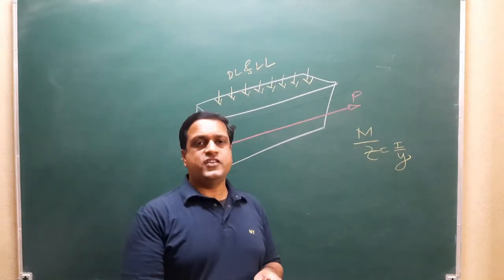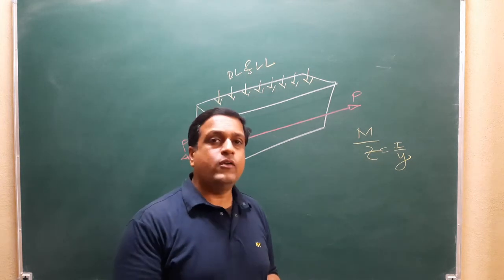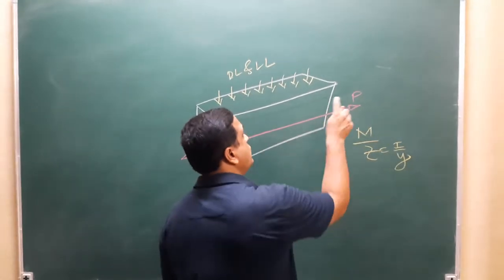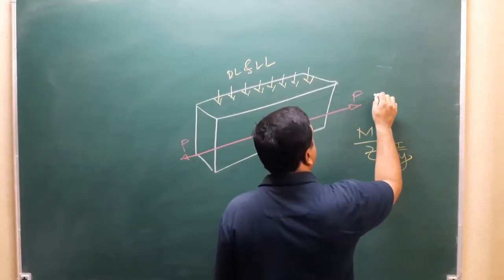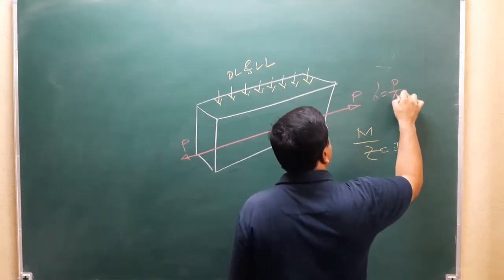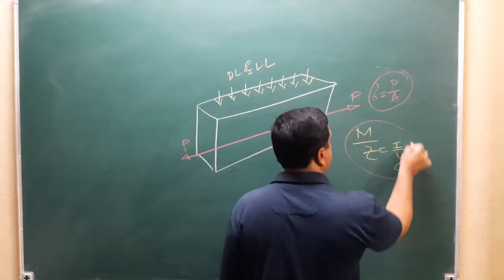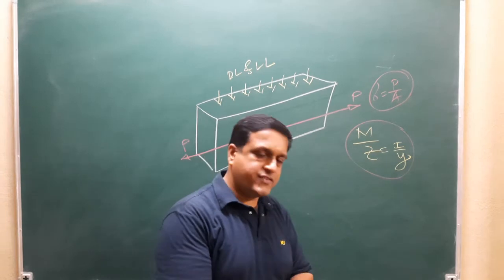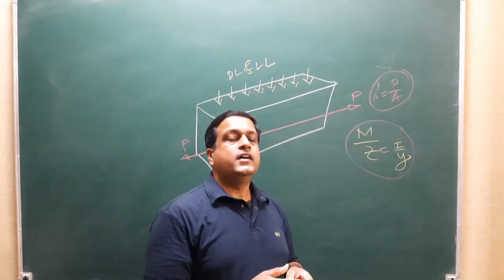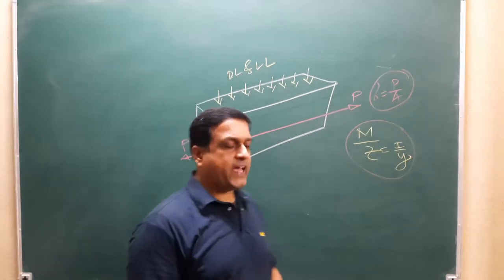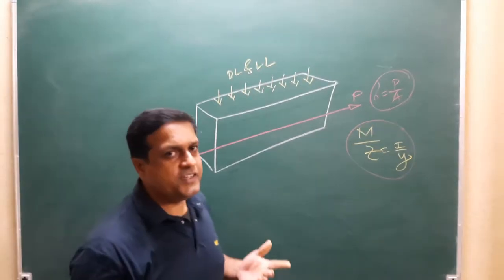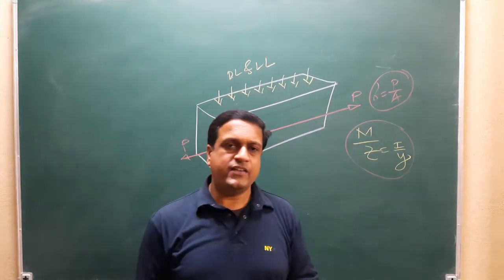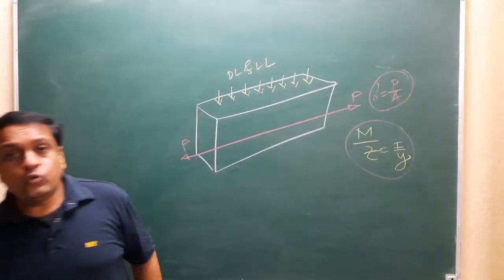So due to that pre-stressing force, there is again development of a direct stress, which is nothing but P by A. It is direct stress, and this is a bending stress. If this pre-stressing force has an eccentricity with the CG of a beam, it again develops bending stress due to the eccentricity of the tendon. Now I will tell you exactly how to analyze the beam.